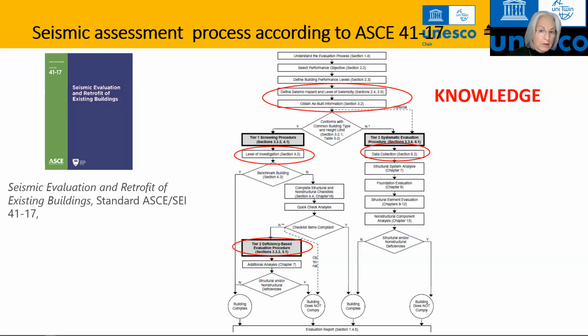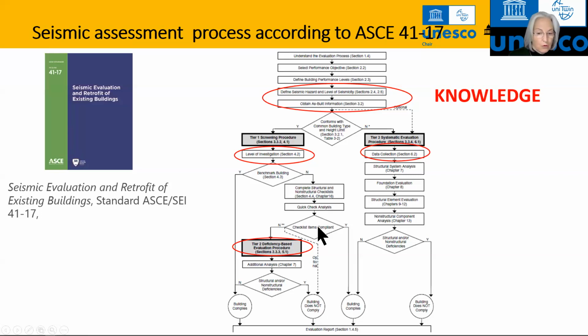So these are 2 elements that constitute the knowledge, on the basis of which you will then be able to perform simplified screening procedures, and therefore you will need to define the level of investigation that we were talking about earlier. If the structure does not conform with a reference building from the standards or a checklist,